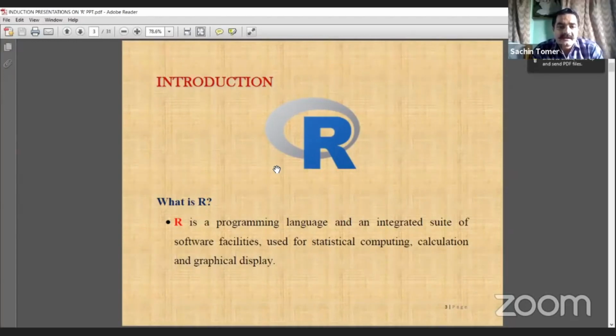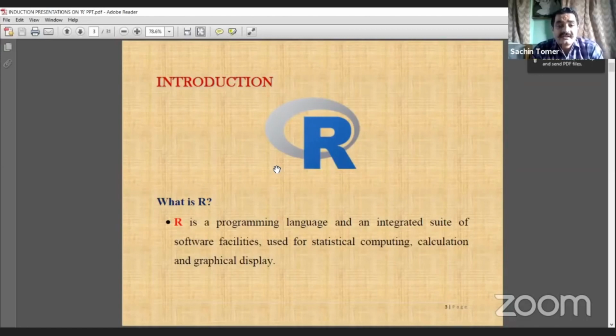If we are developing our own codes to calculate the average and get our results, it means we are talking about a programming language. So that was the basic difference between software and language. I said R is a programming language as well as software.